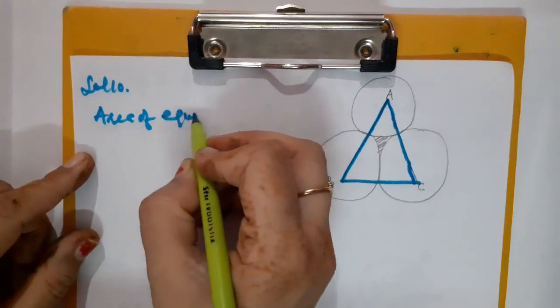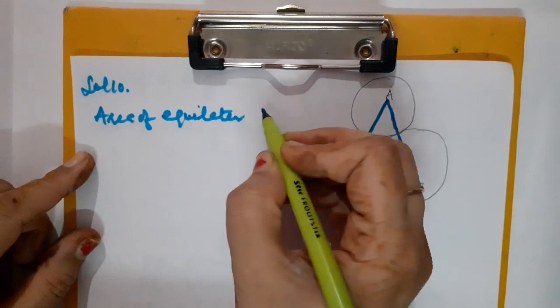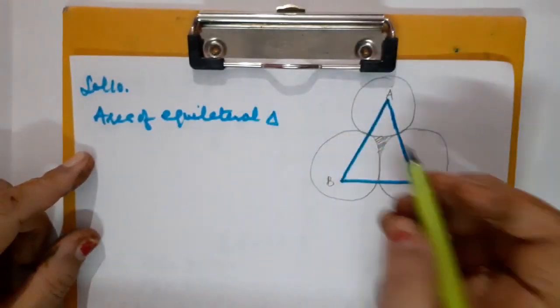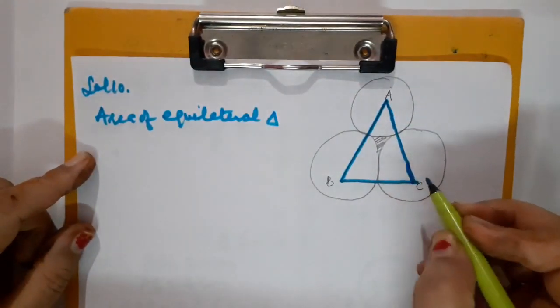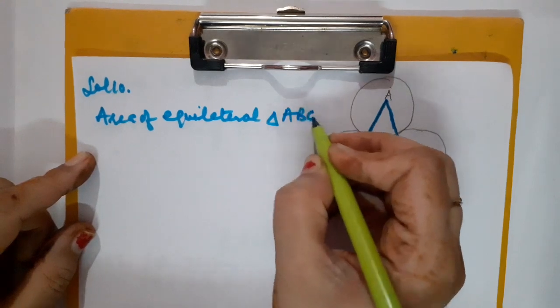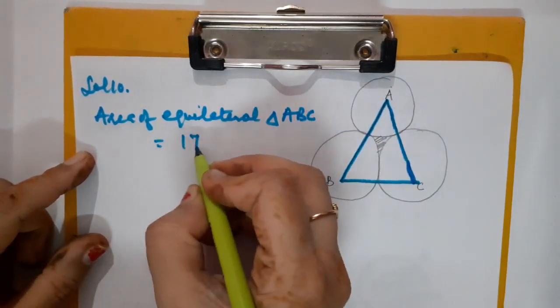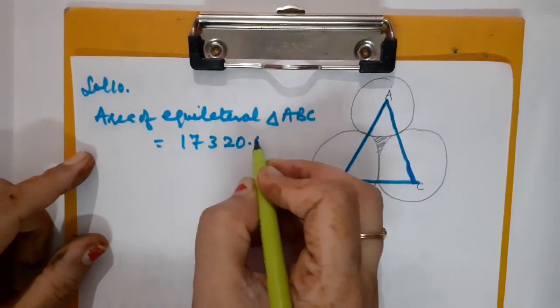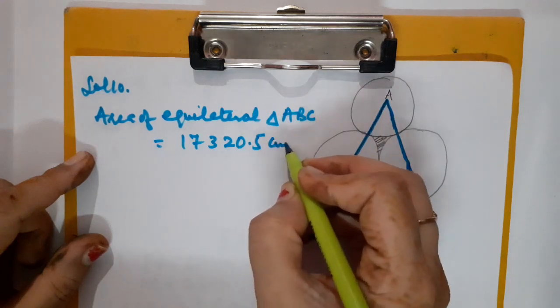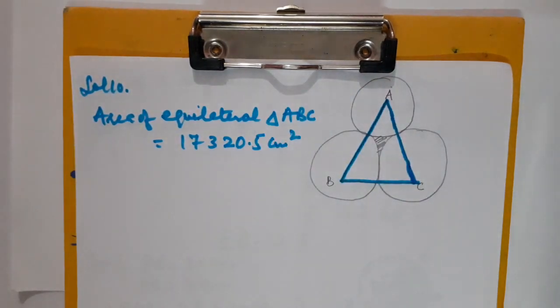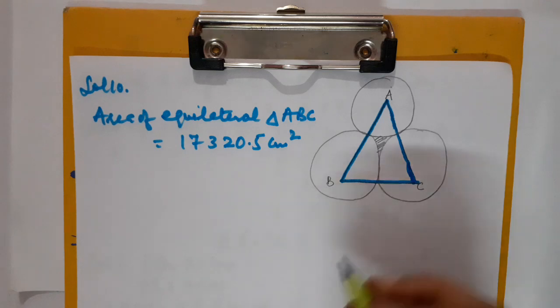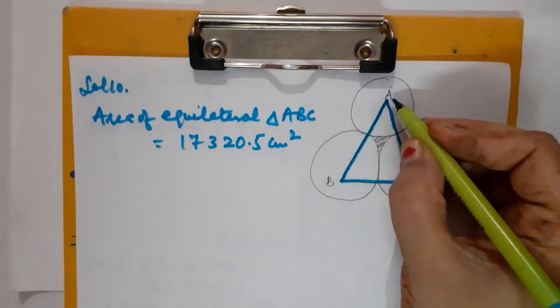So the area of equilateral triangle ABC is given to us as 17,320.5 centimeter square. Okay. With each vertex of the triangle, here you can see that there is vertex A, vertex B and vertex C,